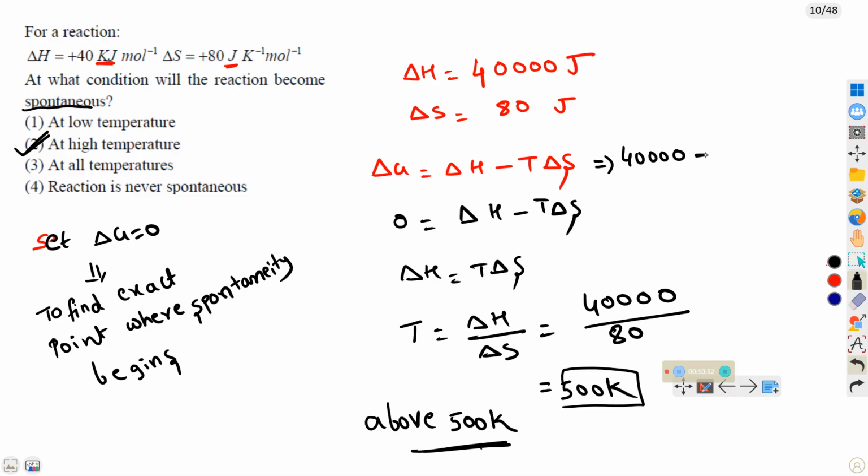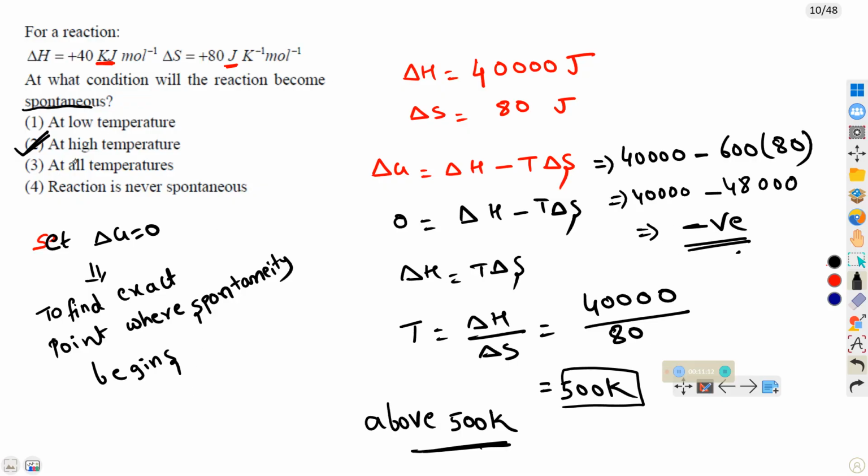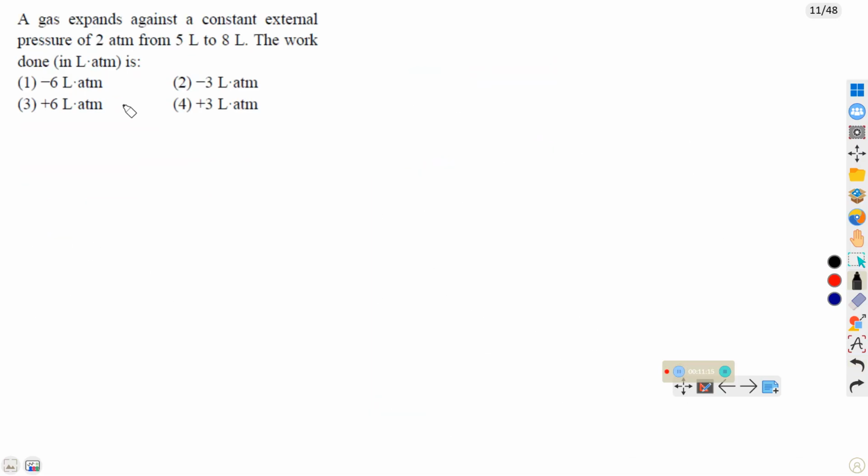40,000 minus temperature, I assumed as 600 kelvins, into 80. 40,000 minus 48,000. Then you will get a negative answer. Delta G value negative, the reaction is spontaneous. So the second option is correct. A gas expands against a constant external pressure of 2 atmosphere